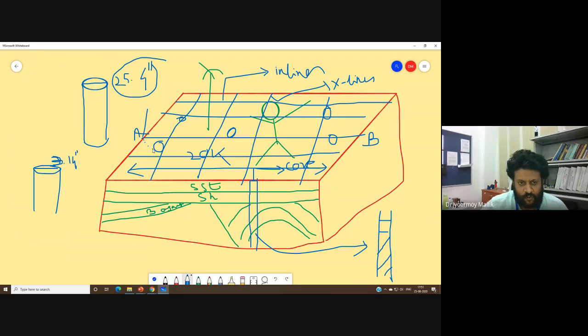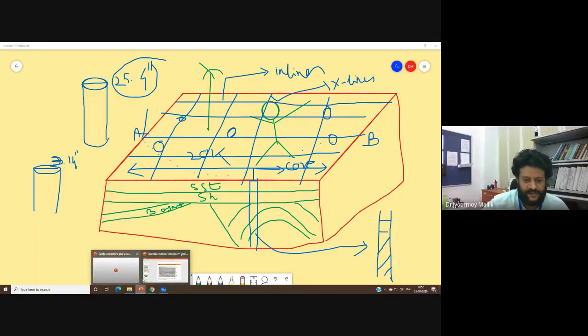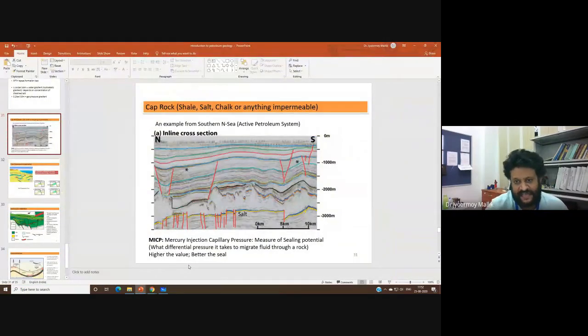Acoustic signal means shock wave, elastic wave, and then due to the presence of different layers, which we will discuss, it behaves very differently, and we get a picture. Like ultrasound. They are not exactly ultrasound, but they're very close to ultrasound pictures. For example, I'm shooting ultrasounds, and then I'm getting the beautiful picture of the subsurface. And this is one such picture.